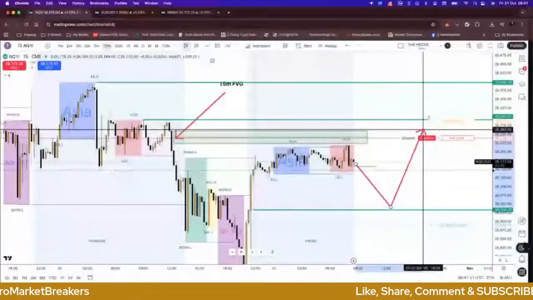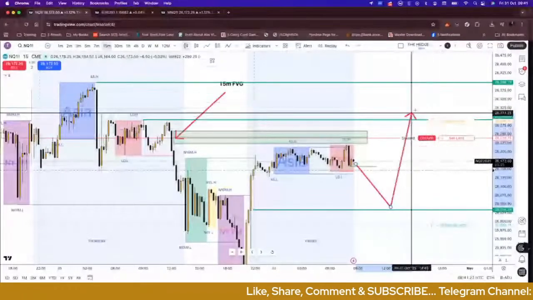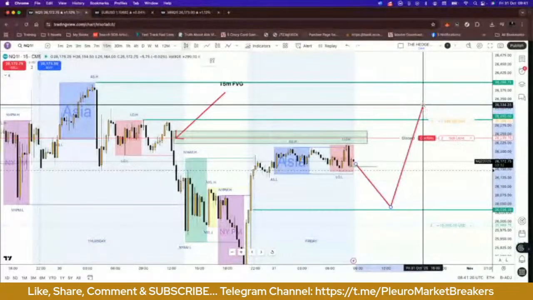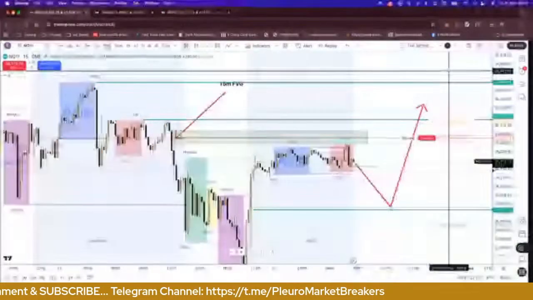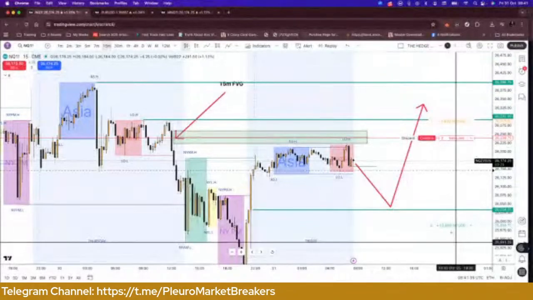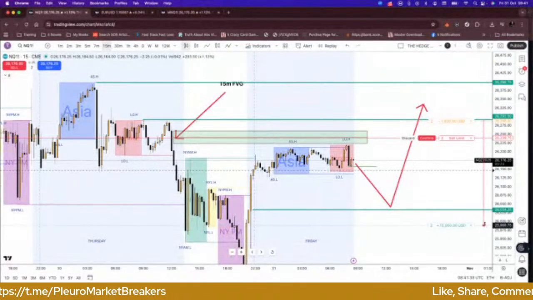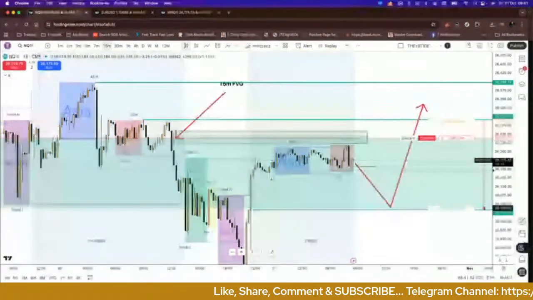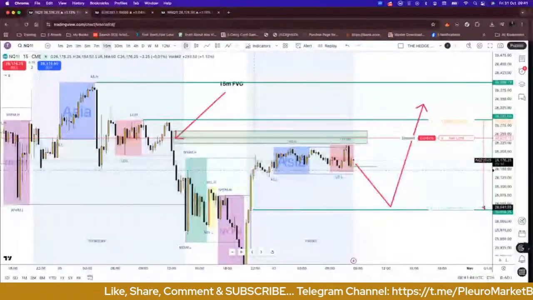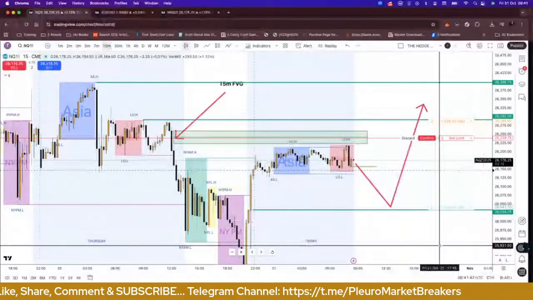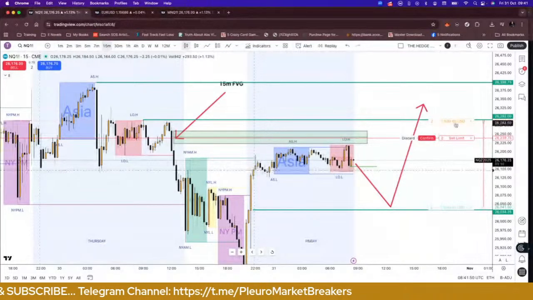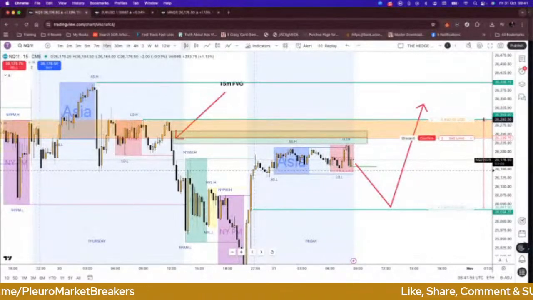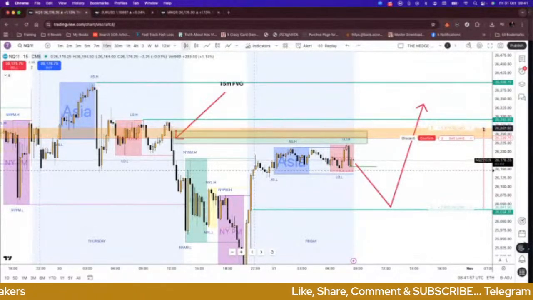And then we can look to go somewhere in this area here. So one way or the other, I think we can almost safely expect to see this level claimed at some point today. It's not guaranteed, but that's what I like to see. And like I said, if we're going to get there, I think at that point,